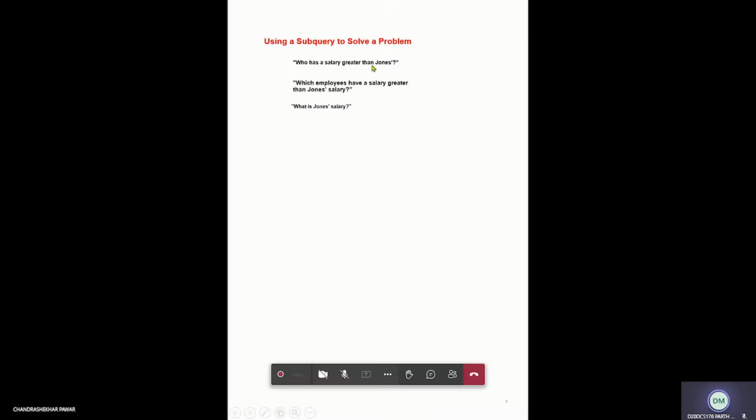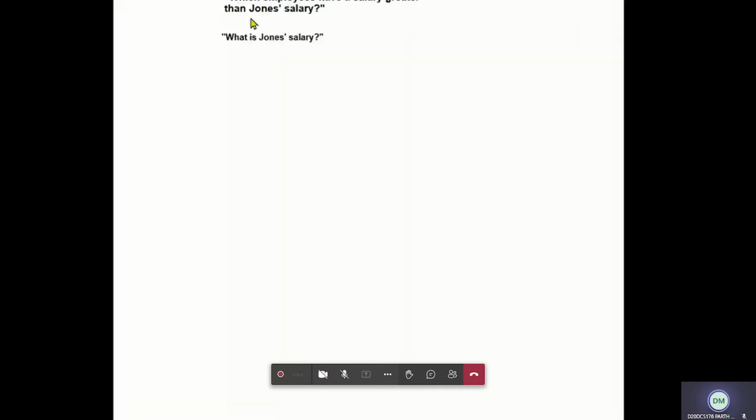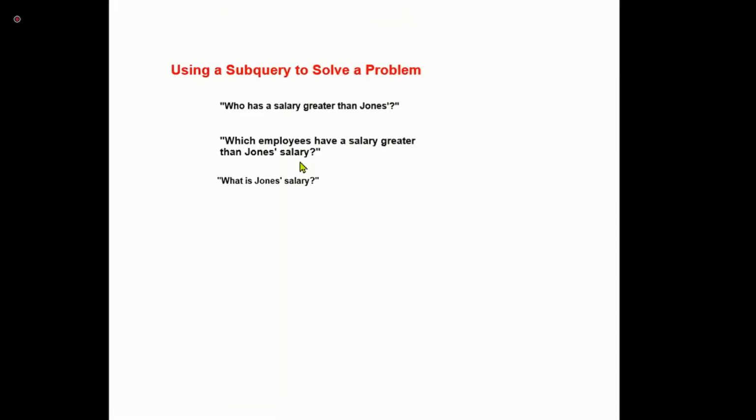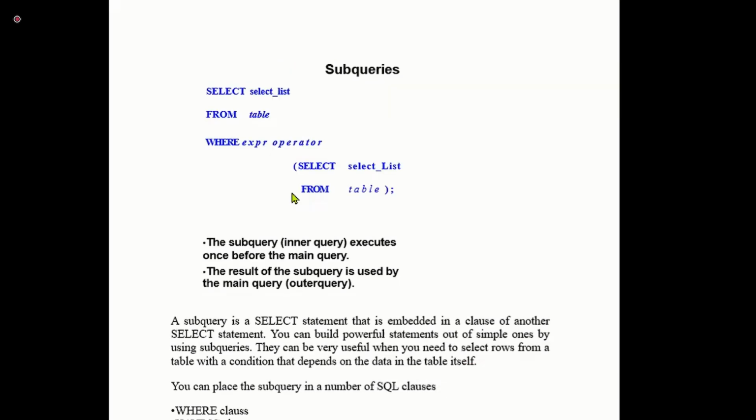For example, these are the questions where we can apply the concept of subquery to solve the particular problem. Such kind of questions are here. Who has a salary greater than John's? Which employee has a salary greater than John's salary? And what is John's salary? Okay, so let's start one by one. Okay, so select